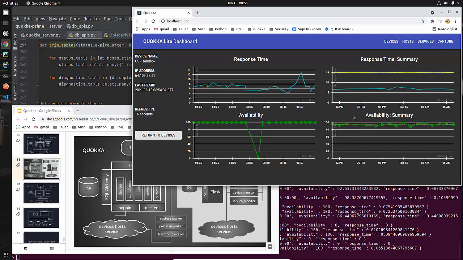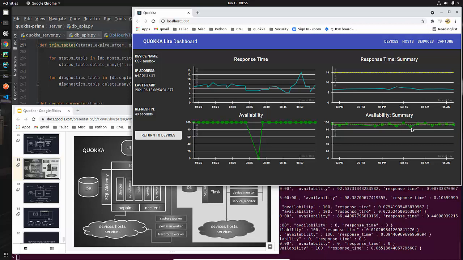So like the summaries and a lot of this functionality, I've imported that idea from the original Quokka, and you can define what the service level agreement is for a particular device, for a particular service, and we will draw this line on the graph. In the original Quokka, I generated events that would identify what has occurred if a service level violation.